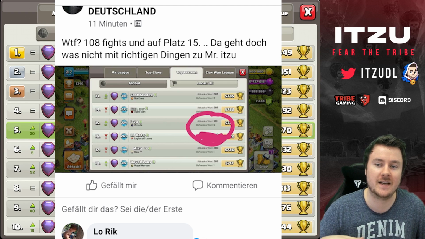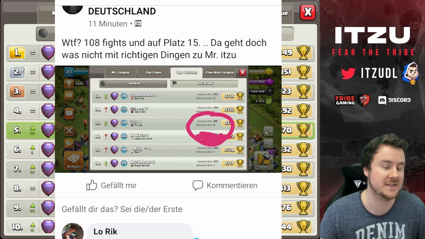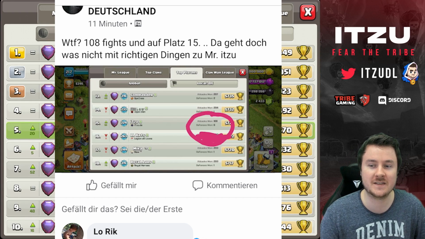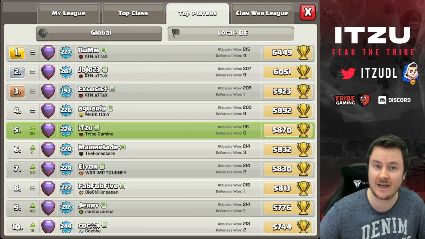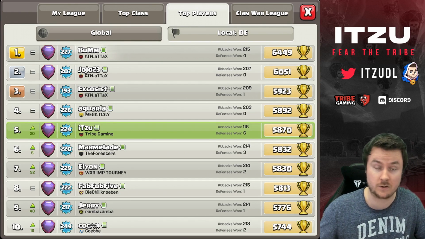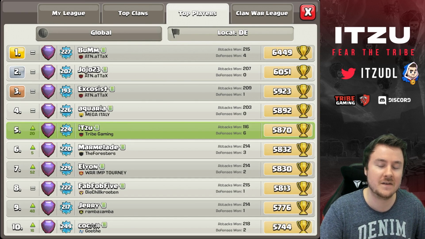What this guy is saying is: 108 fights, and on the top 15, there's something fishy going on, Mr. Ritsu. And it's so funny because first, it's only 108 attacks because I had to push back to legend. Over the entire week, we only used 56. But no one tell this guy, he would go crazy. So we only used 56 attacks to get to